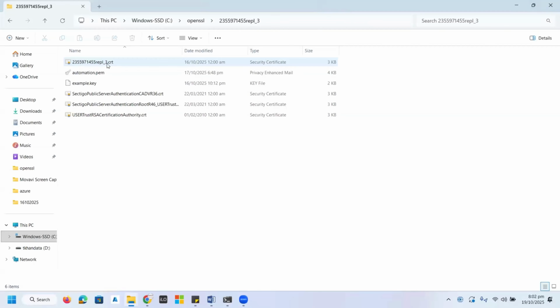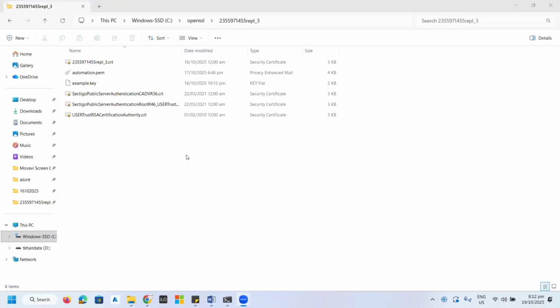The second file you require to create the PEM file is your private key, which you just created during the process of CSR deployment. So I have these two files available here: the CRT file, and the private key as well.